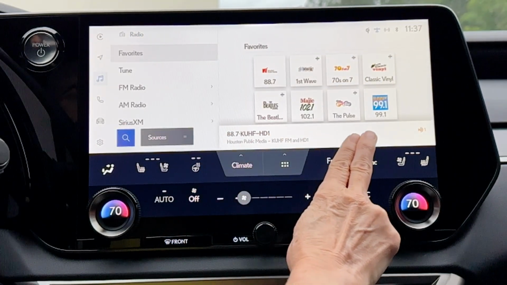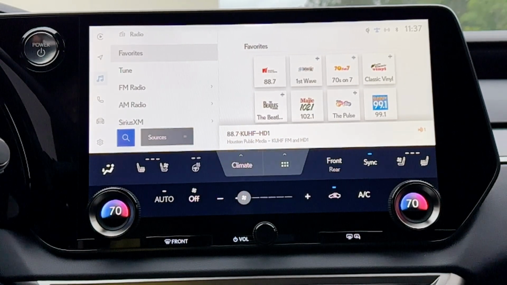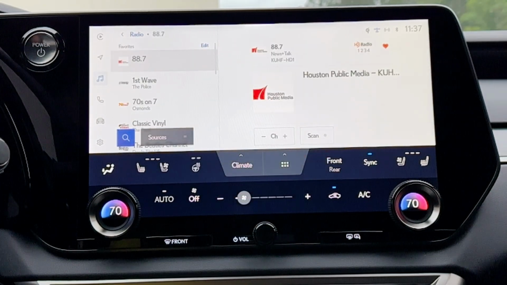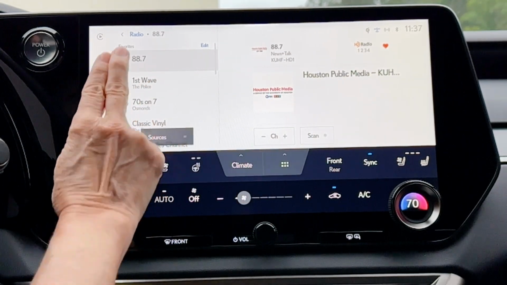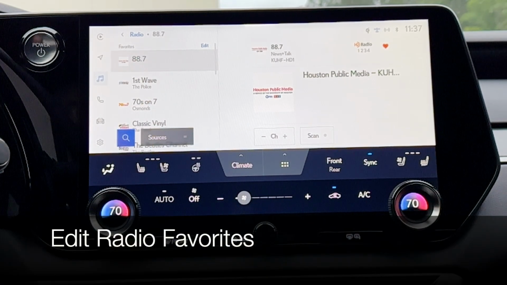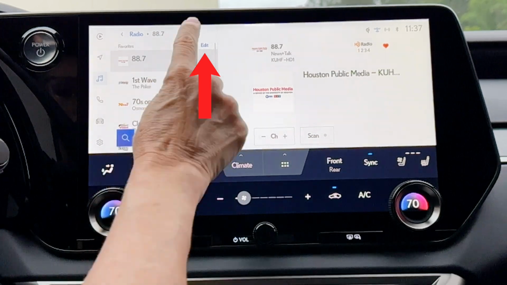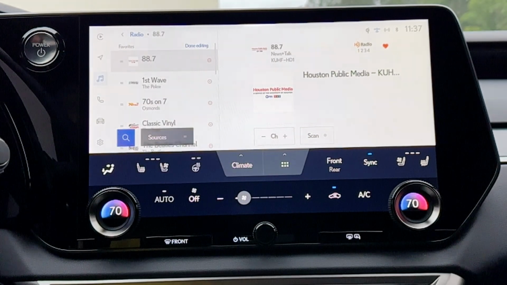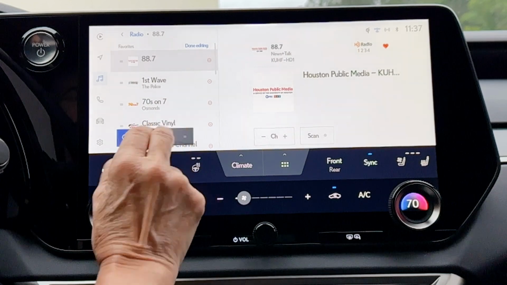Or if you see station or channel information across the bottom, you can click on that to open to full screen. Whenever you have full screen view on the right-hand side, the tile layout of your stations pushes to the left and it shows as a list view. From list view, you can edit your favorites. Just click edit and you can remove a favorite